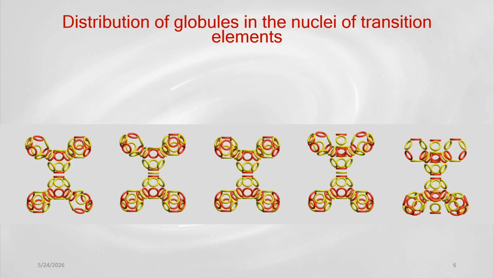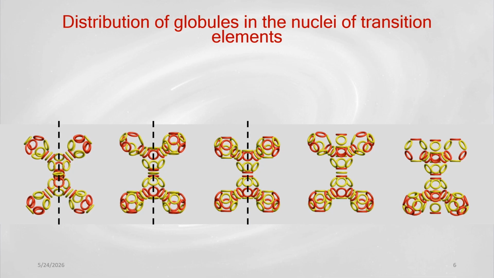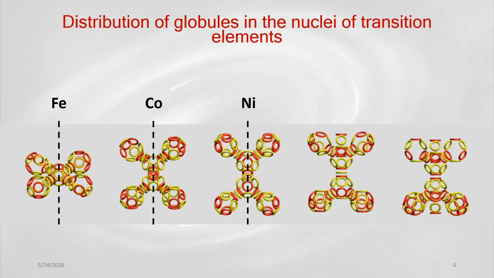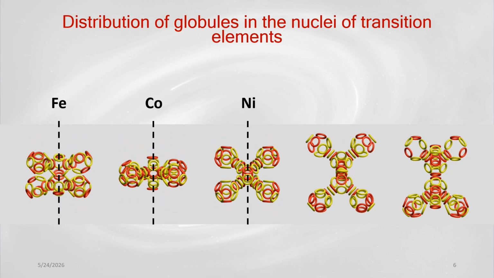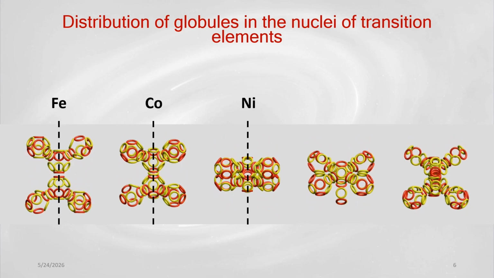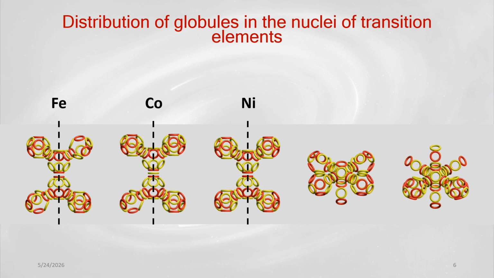These elements include titanium, vanadium, chromium, manganese, iron, cobalt, and nickel. We classify them as ferromagnetic materials because of their ability to generate strong magnetic properties. In contrast, copper and zinc are excluded, since the arrangement of globules in their model nuclei cannot be divided into